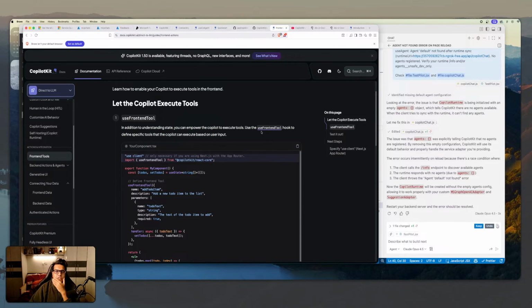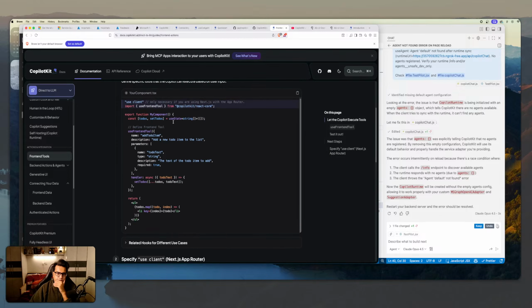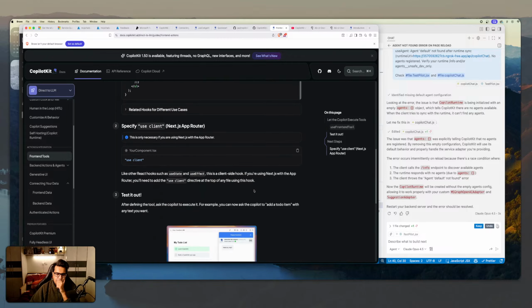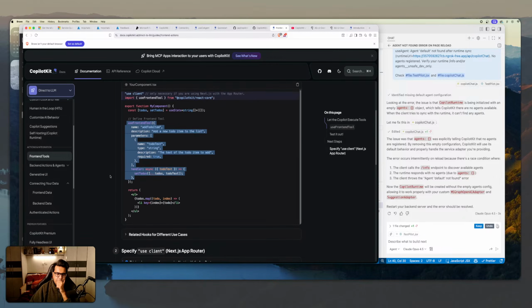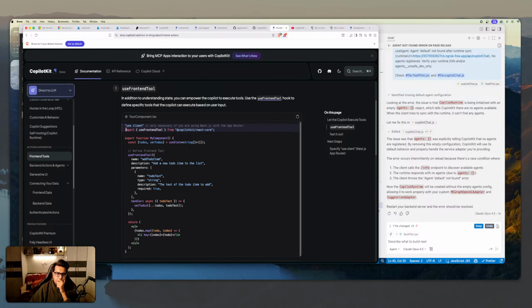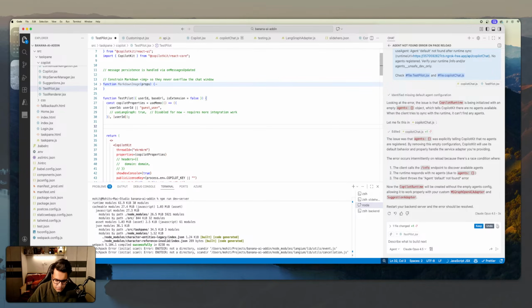You can empower your Copilot to execute tools using the hook to define specific tools. Okay. Let's just use this and use front end tool. Let's go to test, use front end. Why is my